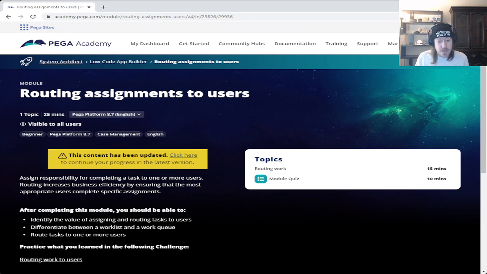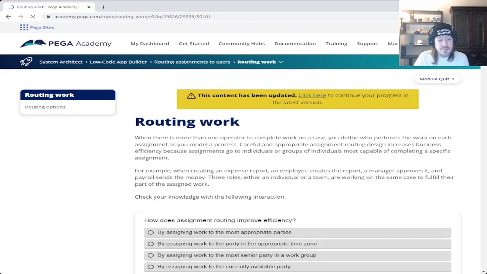So, all right, let's get into the writing work topic here. Writing work: when there is more than one operator to complete work on a case, you define who performs the work on each assignment as you model a process.